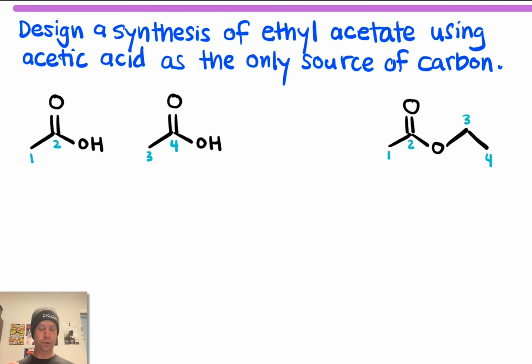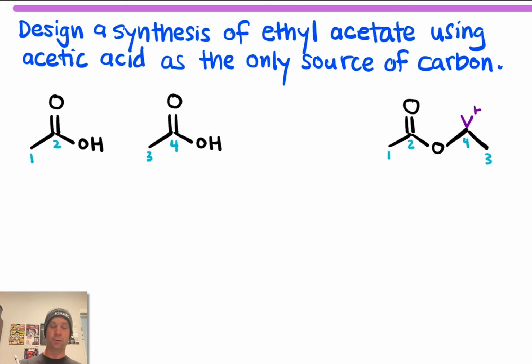Now, carbons 1 and 2 look almost identical to the carbons in acetic acid. Carbon 2 is still a carbonyl carbon, carbon 1 is a methyl. Things look exactly the same. Carbons 3 and 4, though, look a little bit different, and in particular, carbon 3 actually looks like carbon 4 as I've numbered it. So let me redo the numbering here. It makes sense that this methyl group would be this methyl group in acetic acid. This gets turned around for reasons that we'll see in a second, but we should notice that what needs to